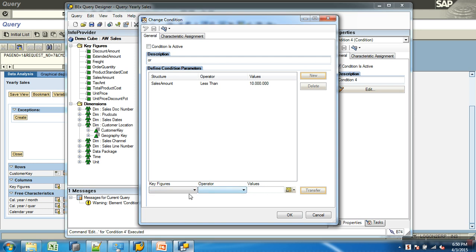Within that I'll create one more criteria, sales amount. So within the same condition, I have multiple criteria. Now these two will play with or, and criteria in different conditions play with and.